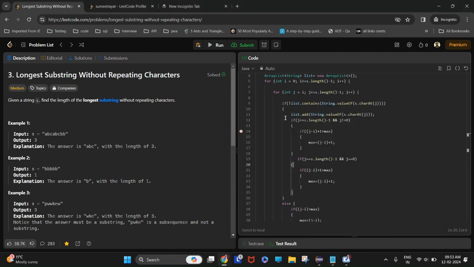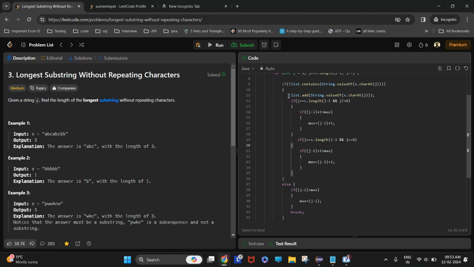Considering this example, if A comes, I will store it in the list, and these two conditions will not be executed, because we are not at length minus 1. Now B, again it will be stored in the list, and these two will not be executed. Now C, again it will be stored because the list doesn't contain this element, and these two will not be executed. Now A, now the if will not get executed, it will come to the else